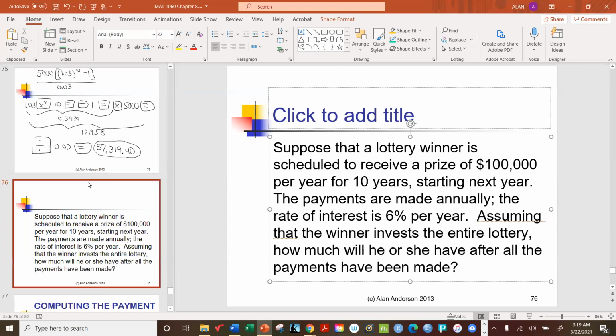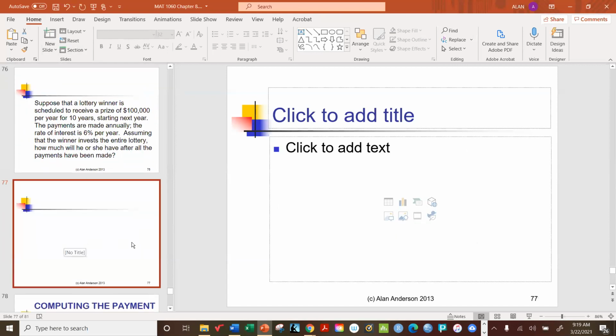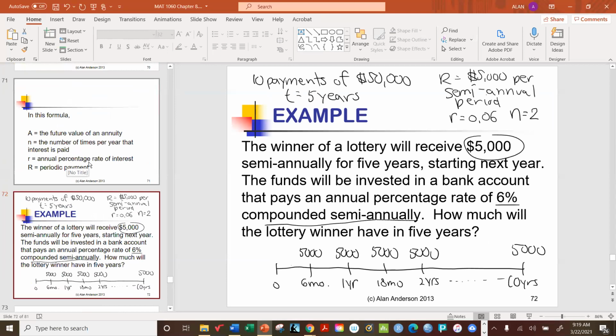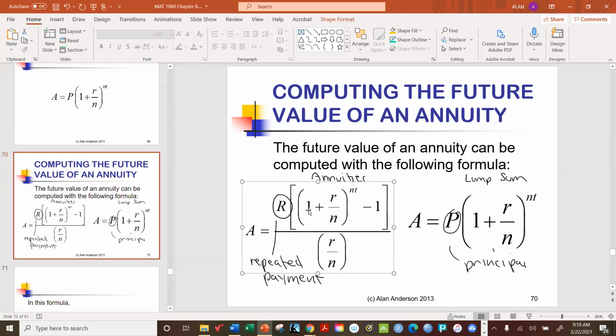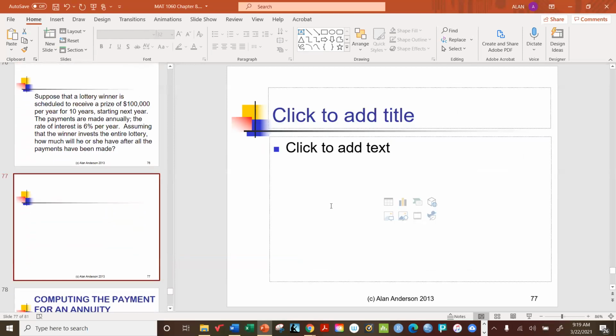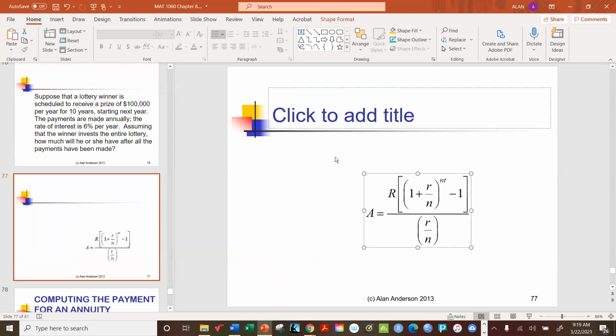Okay, so in other words, what's happening here is that, well, first let me grab the formula back for you. Just for reference,